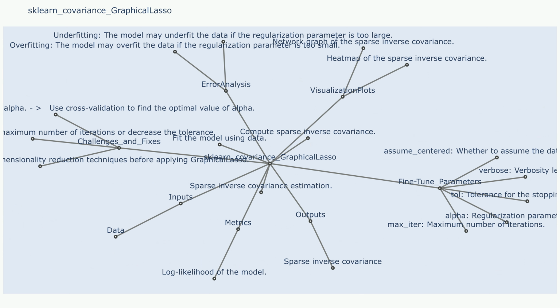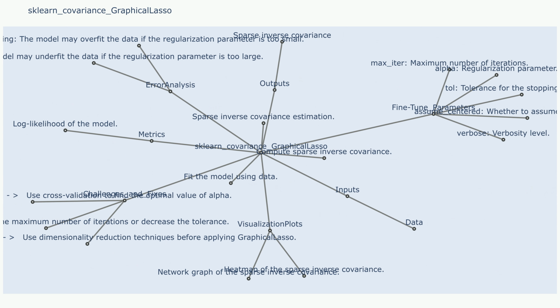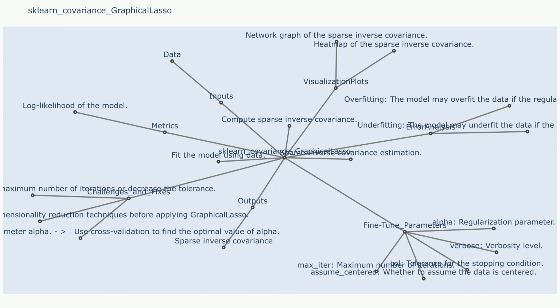Steps: initialization: the algorithm starts with an initial estimate of the inverse covariance matrix. Iterative refinement: graphical lasso iteratively updates the inverse covariance matrix based on the data and the chosen sparsity penalty alpha. The algorithm aims to find a sparse matrix that minimizes a penalized likelihood function. The penalty encourages zeros in the inverse covariance matrix, effectively promoting sparsity. Convergence: the iterations continue until convergence, meaning that the estimated inverse covariance matrix stabilizes.